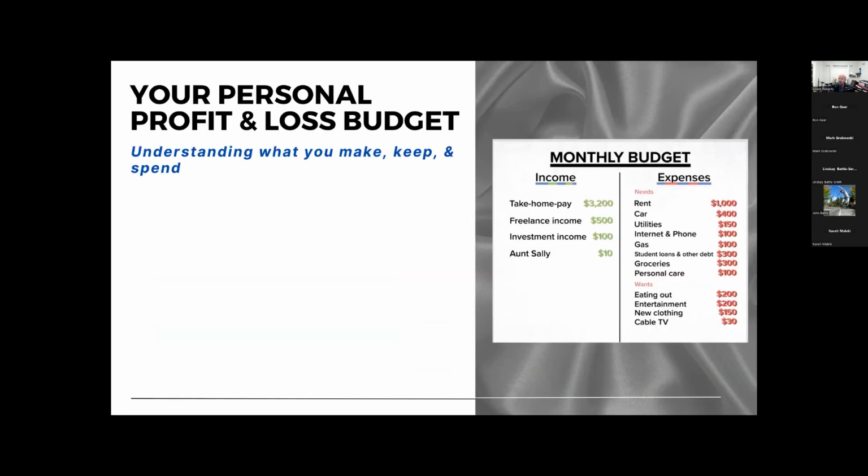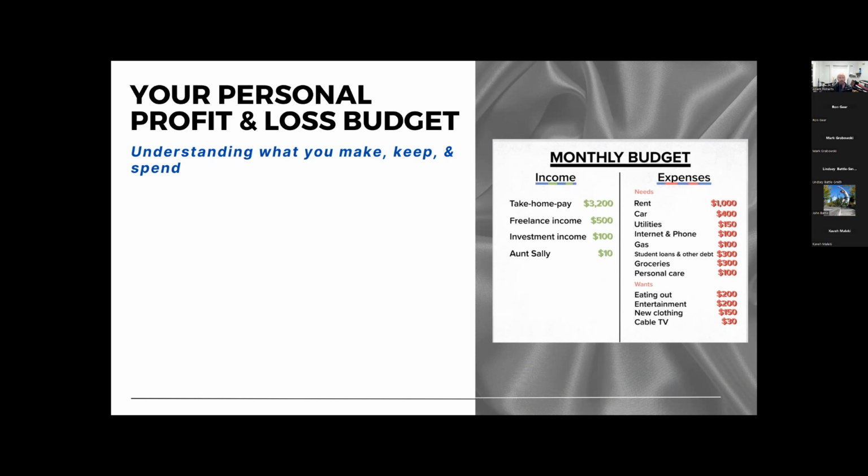And so we need to strive, as we build this real estate plan, we're all coming from a different place, right? Financially, we're coming from a different place knowledge-wise. Some of us might already have these for our personal lives, some maybe not. But starting today, if we don't have these, we need to build them, right? We need to have a personal profit and loss budget for our personal lives. We need to have a personal balance sheet for our personal lives, so that we can understand where we stand, where we are at today, okay?